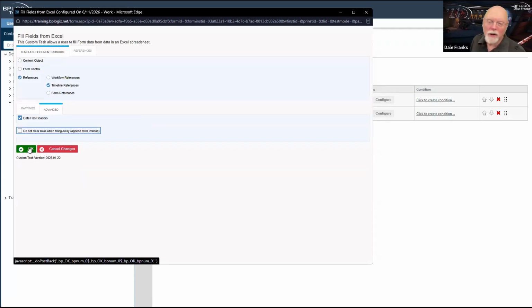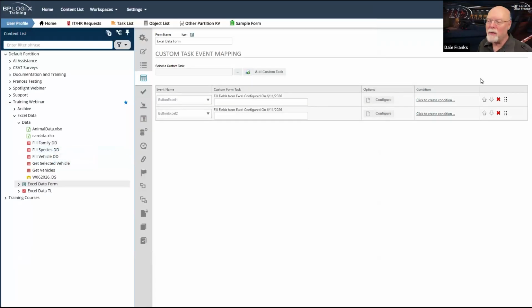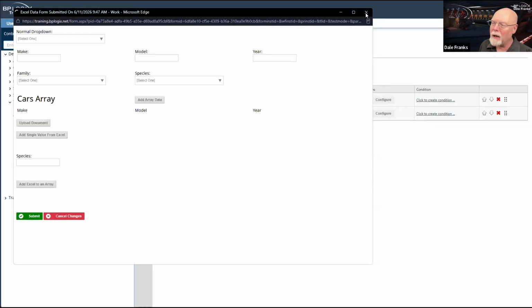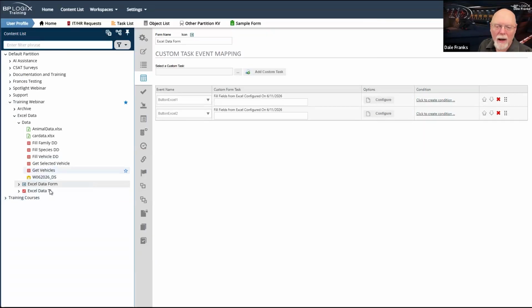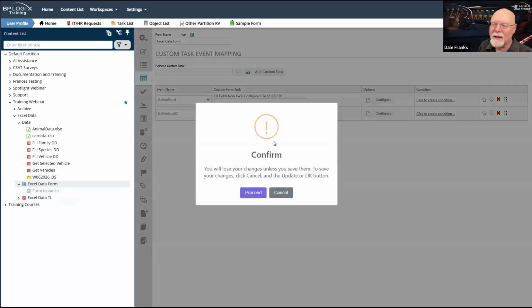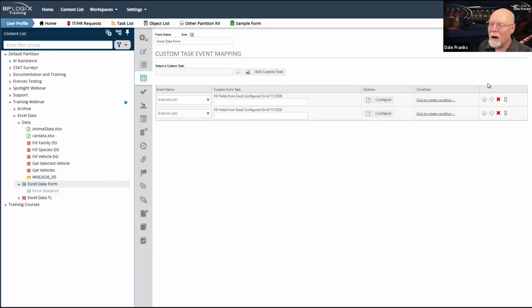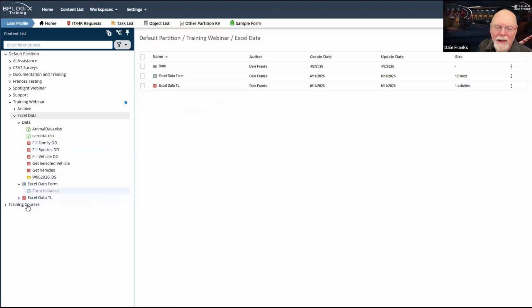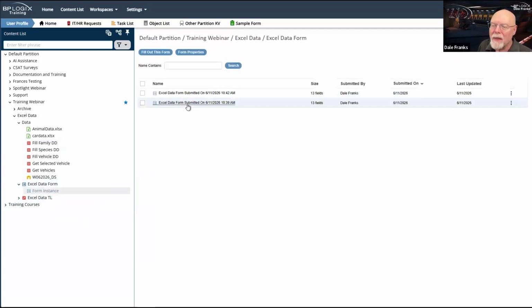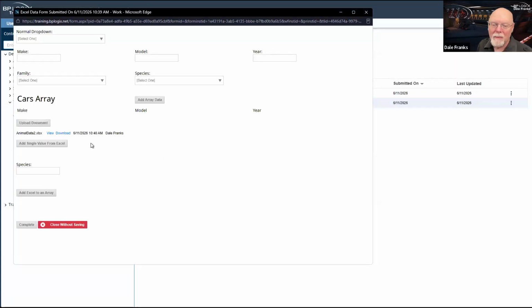You would want to clear the rows when you filled the array, so that now when we update and run, actually, I don't have to update and run. I submitted it. Where was that form instance? Oh, wait, let's hit OK. Let's be sure we're saved. So let's look at that form instance. That was 2 form instances ago. This one, because we didn't fill the array.